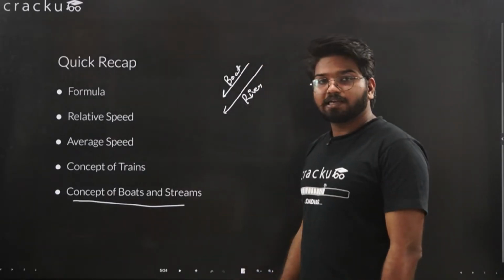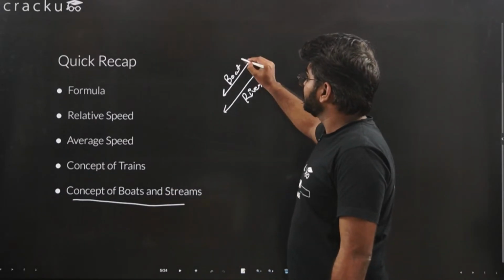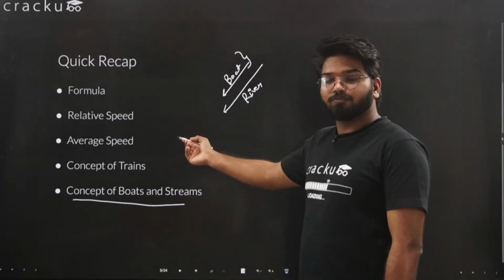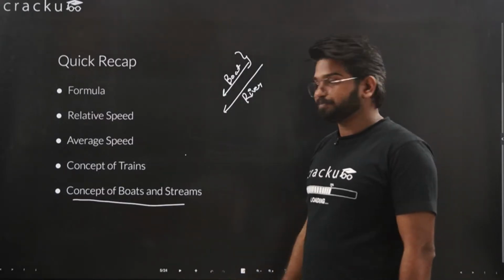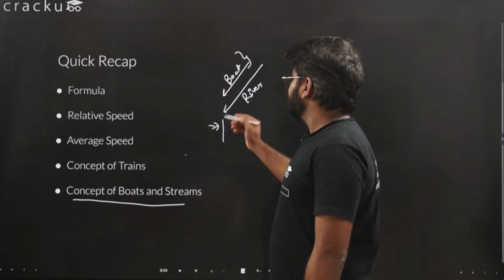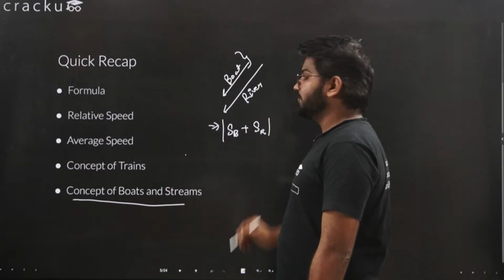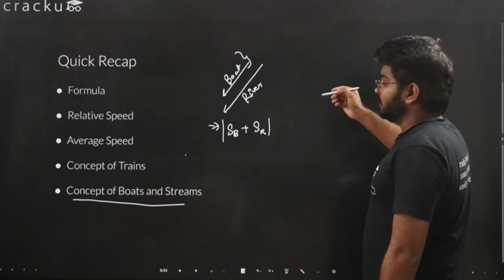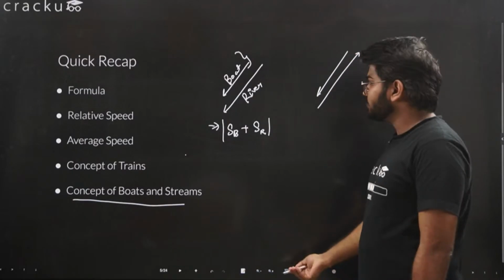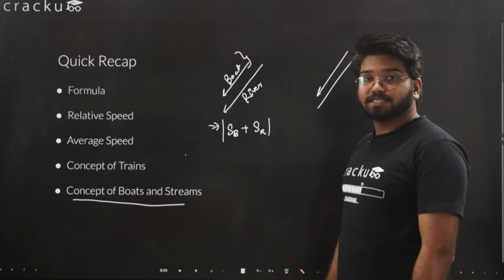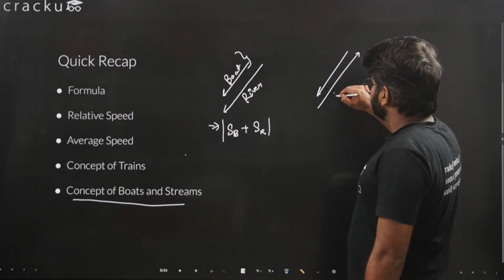Now the river is moving as well as the boat is moving. So the speed for the boat will be what? The speed for the boat will be the sum of the boat's speed as well as the river's speed, because the river is also helping, or increasing the speed. So in this case, the relative speed will be the speed of the boat plus the speed of the river. And in the opposite case, when the river is moving up but the boat is moving down, if they are moving against each other, then you understand that the relative speed will be less, because this speed of the river,